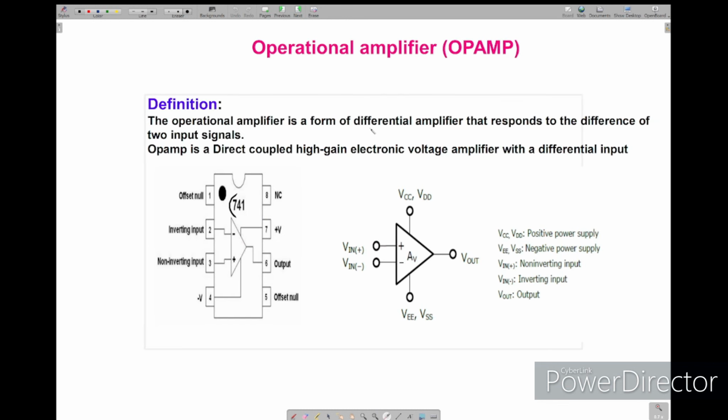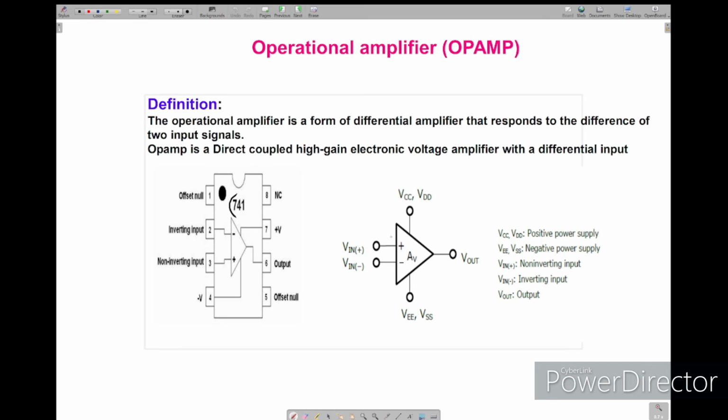The definition of the Opamp is that it is a form of differential amplifier that responds to the difference of two input signals. In other words, one more definition is that the op-amp is a direct coupled high gain electronic voltage amplifier with differential input. If you see the definition carefully, op-amp is a differential amplifier that responds to the difference of two input